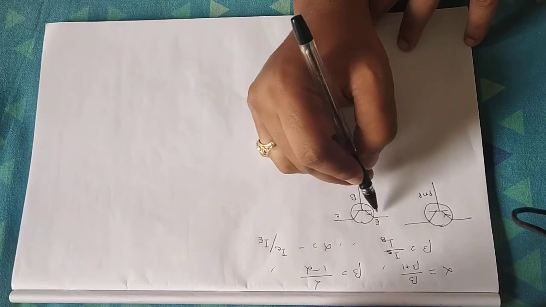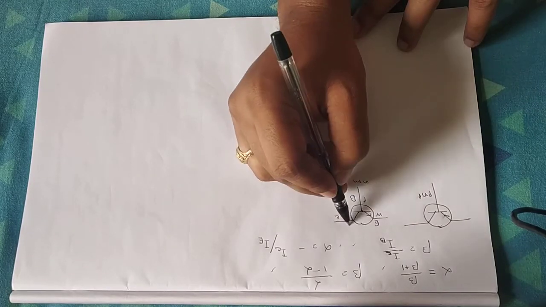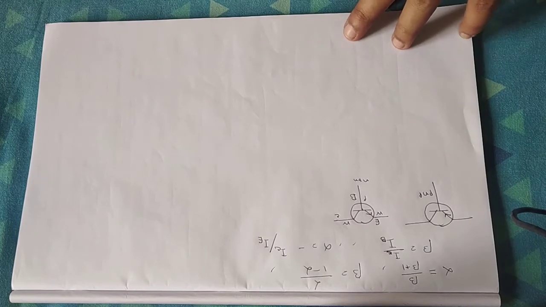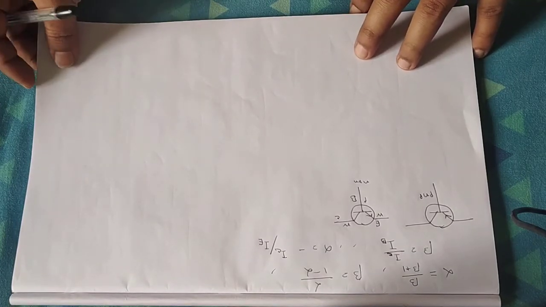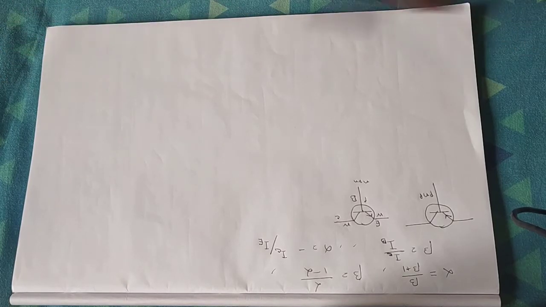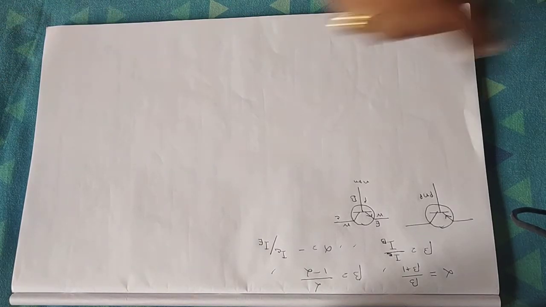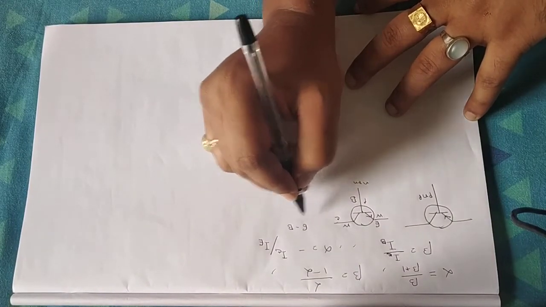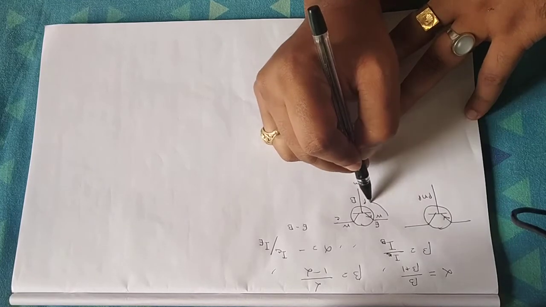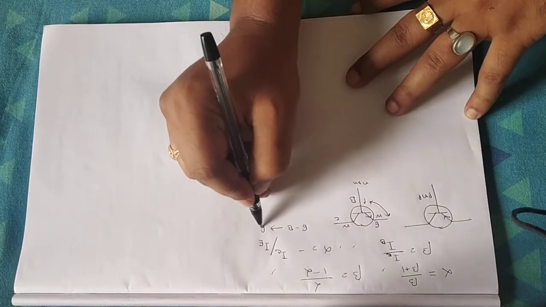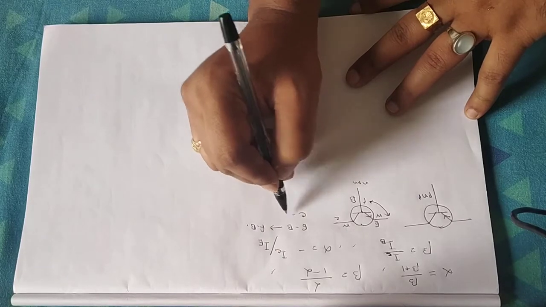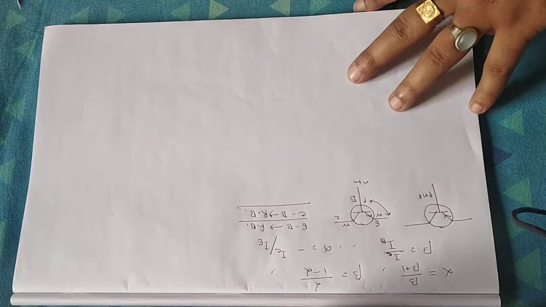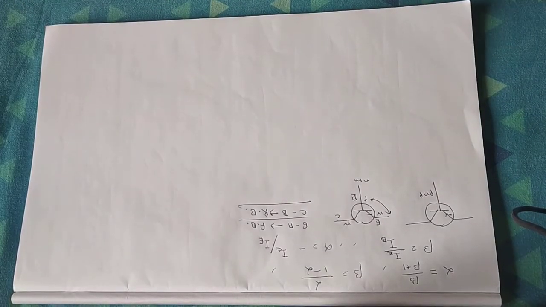So NPN means this side will be N, this side will be P, this side will be N. Similarly here also. And about the biasing, I have discussed in the class that you always have to remember one thumb rule. The emitter base junction is forward bias and the collector base junction is reverse bias. Let me write it down for simplicity of understanding. The emitter base junction, that is emitter to base, this junction should always be forward bias, and the collector base junction, CB, should always be reverse bias. That also we have discussed in the class. This is one thumb rule for transistor connection or transistor biasing.